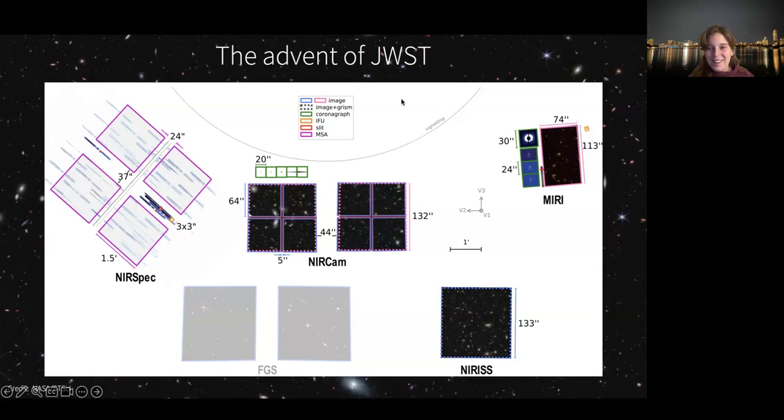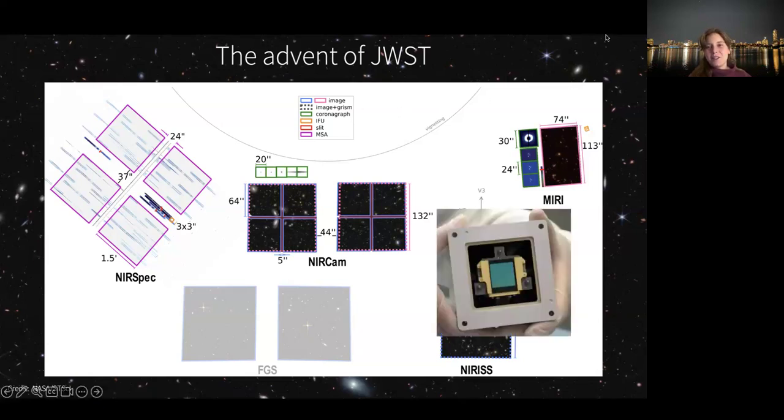Just to put things into perspective, that is not a schematic. I pulled up these pictures that just show you the detectors. I should say each of these instruments, and what I mean by an instrument is, you imagine you have the telescope that has the mirror that collects light, but then the light can be directed into 4 different instruments.